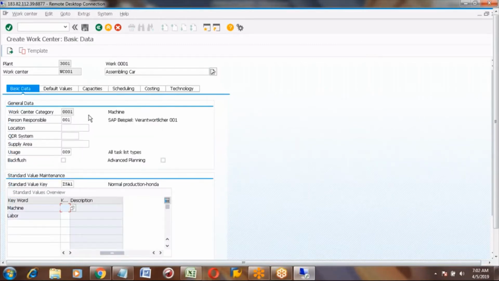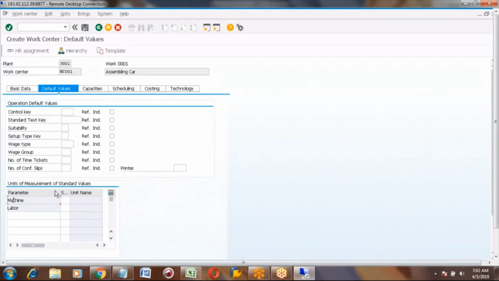Now I'm moving to the next tab, default values. Here we mainly maintain the unit of measure for standard values. For the unit of measure, we selected machine and labor. For these two, how do you want to measure?